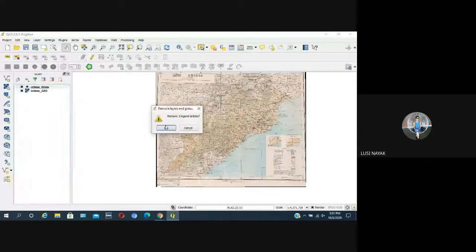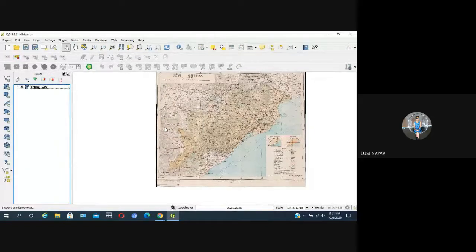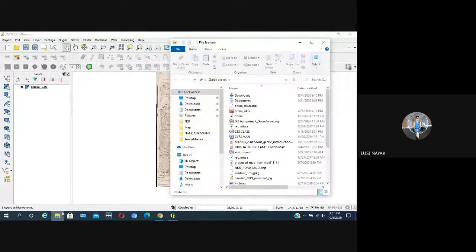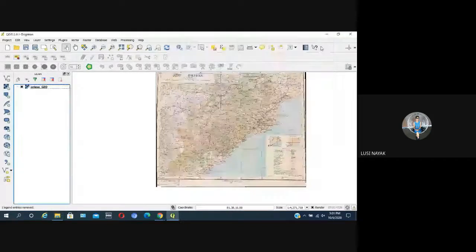And the georeferenced Odisha map, that is Odisha Geo, should be there in your content box. Show me the content box. In the content box, everybody should have only one layer, that is the georeferenced Odisha layer, Odisha map. Okay, Odisha underscore Geo. And what about the name you have given? Is it there for everybody?